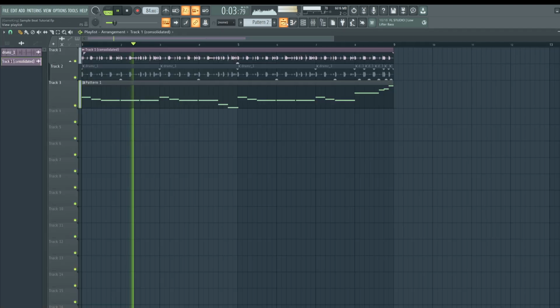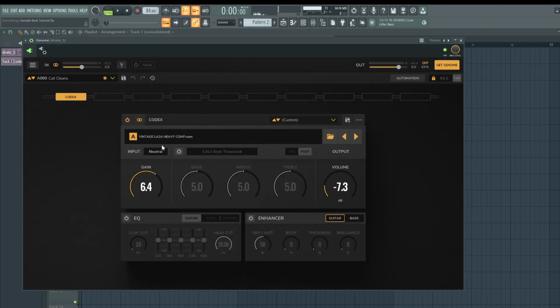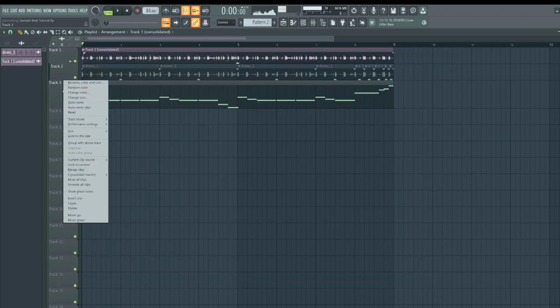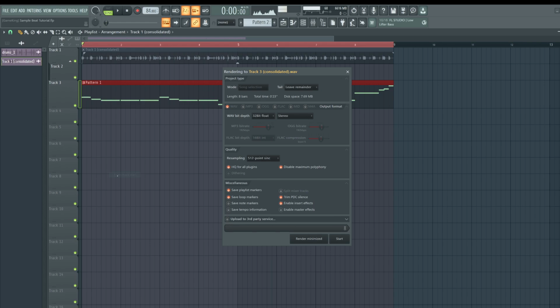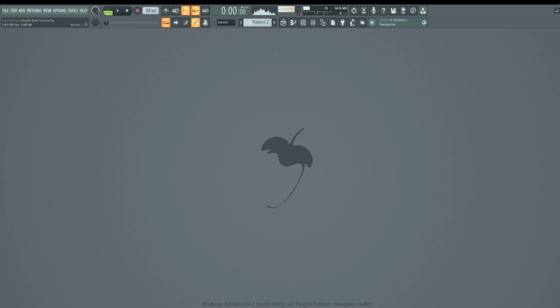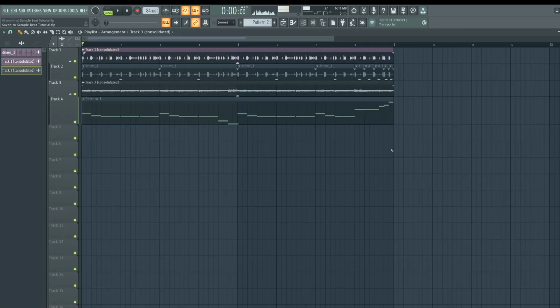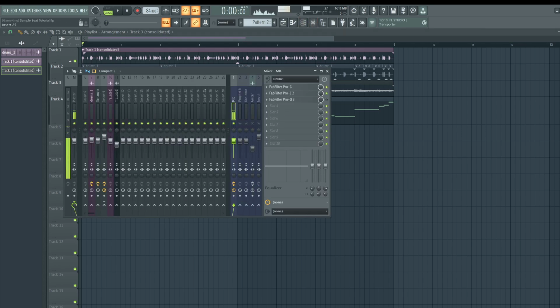All right, so what I'll do with the sample is I'll run the sample through the LA2A. I'm just going to pause the video to render this, but basically we're just going to run the sample through the LA2A and then the drums ran through the distressor compressor. So now let's render it so that we can save CPU. Now there are other plugins on the market that can do more unique combinations of amp profiles, but I'll wait to make a video on those.